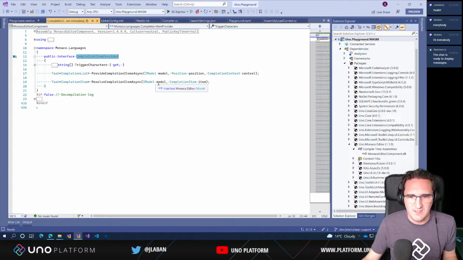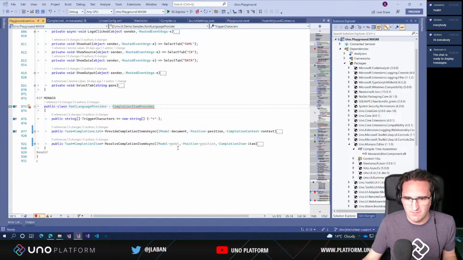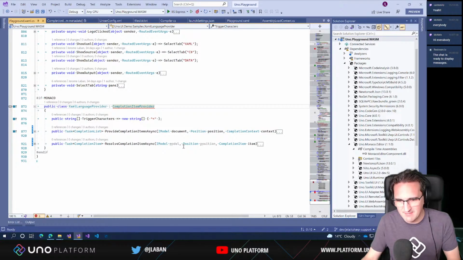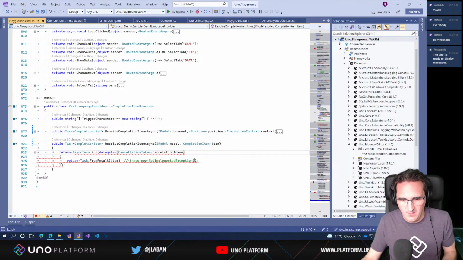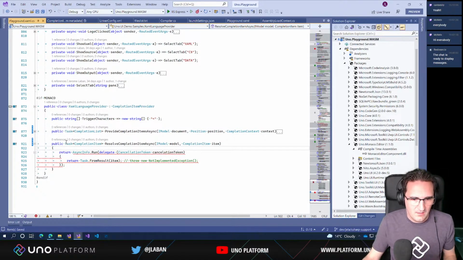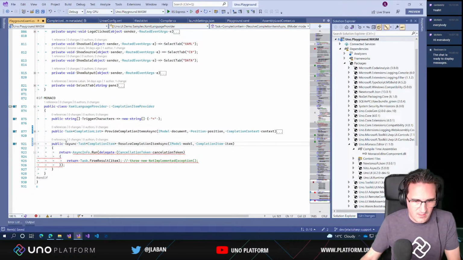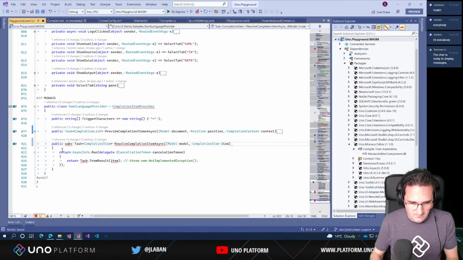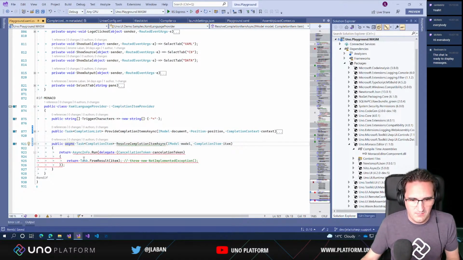It uses IModel, ICompletionItem. Okay, so there's one less parameter there. And it's not implemented yet, but it doesn't matter that much. We're going to make those methods async as well, and return just item